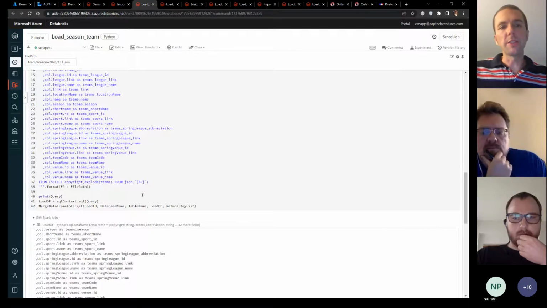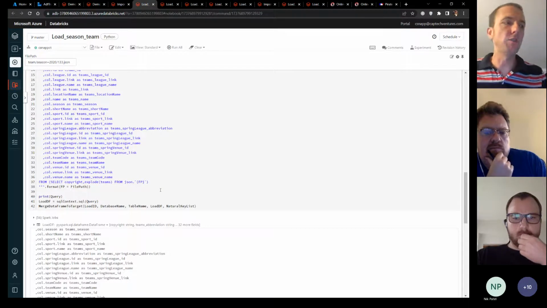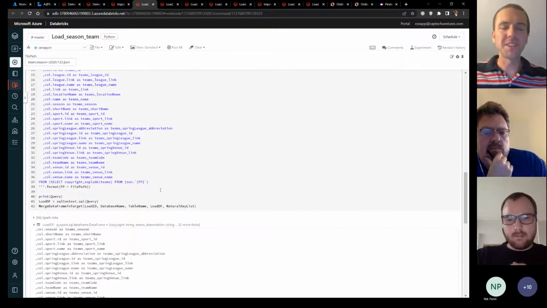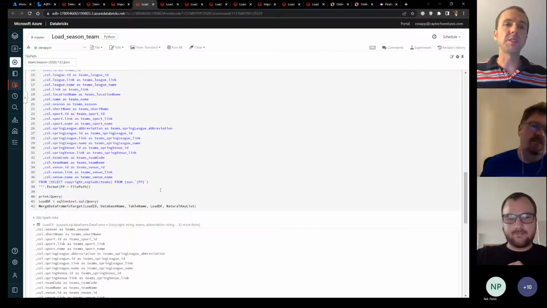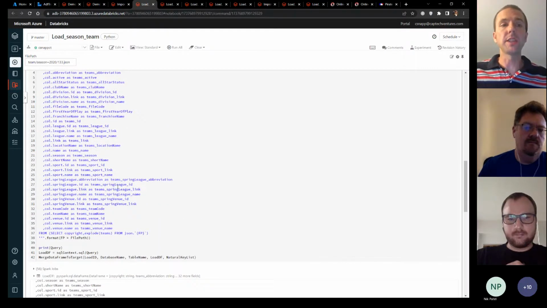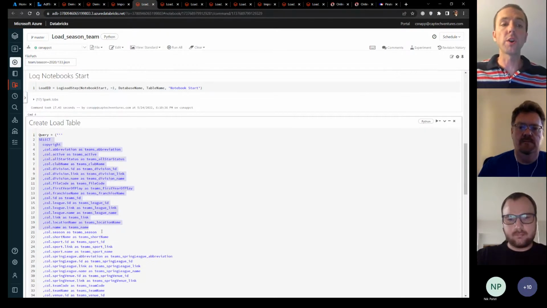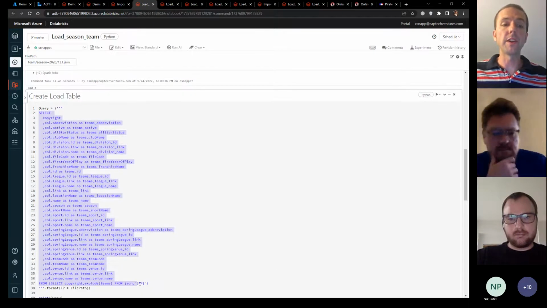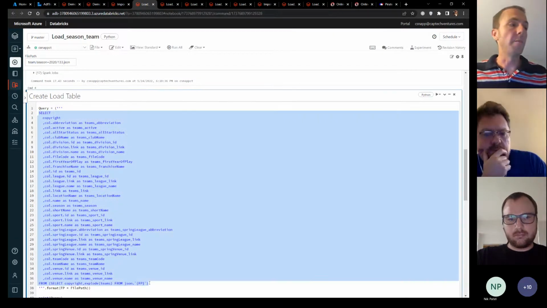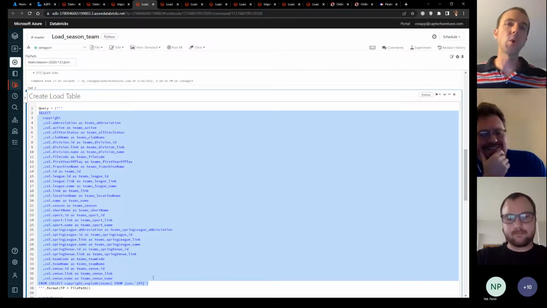The last thing I'll say about this is that if you start to get hundreds of tables, that's a lot of notebooks. It also requires this amount of work to find the query that works for me to flatten this JSON. And the minute that the JSON changes, my query breaks. So that's an important thing.